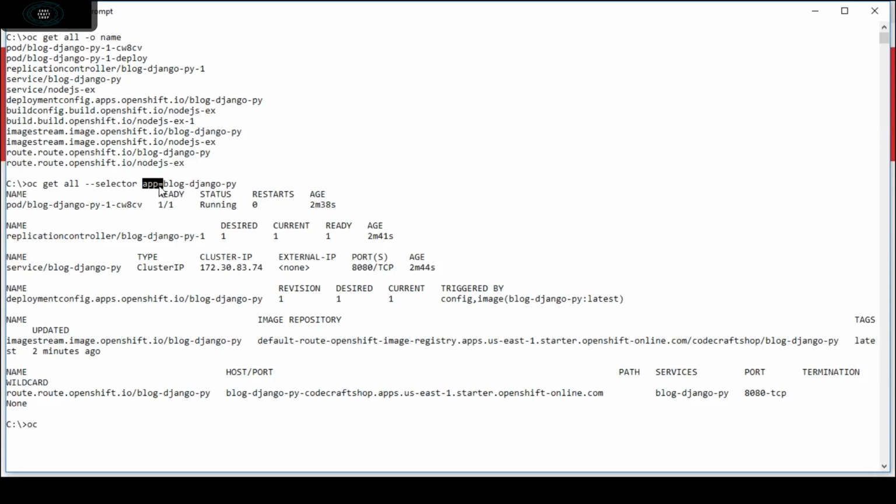This is app equals, and this is the label that OpenShift automatically applies whenever we deploy an application. We can also give a different label, which I will show you in the next demo.